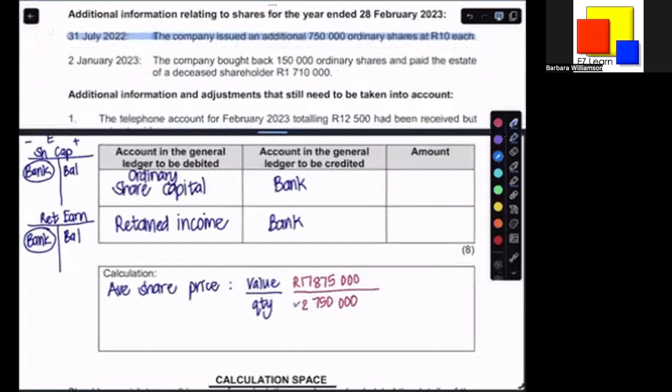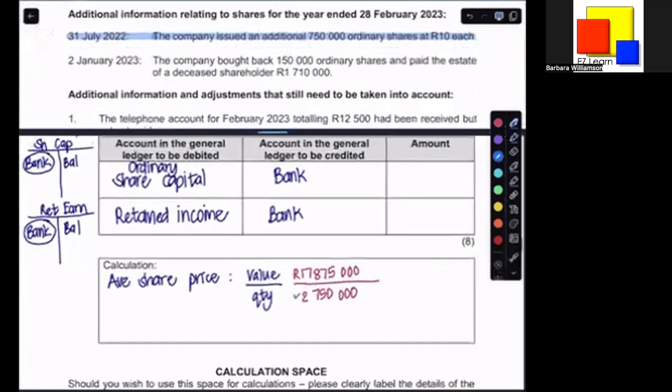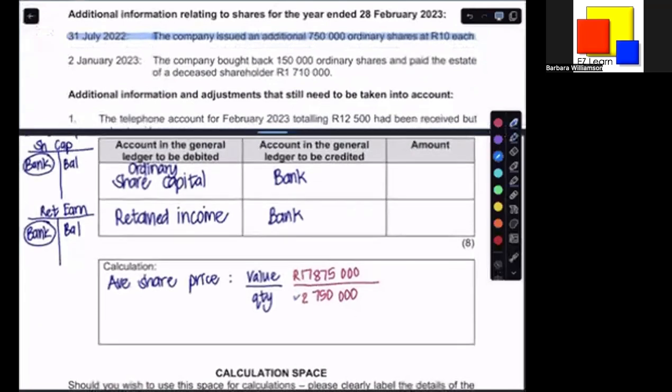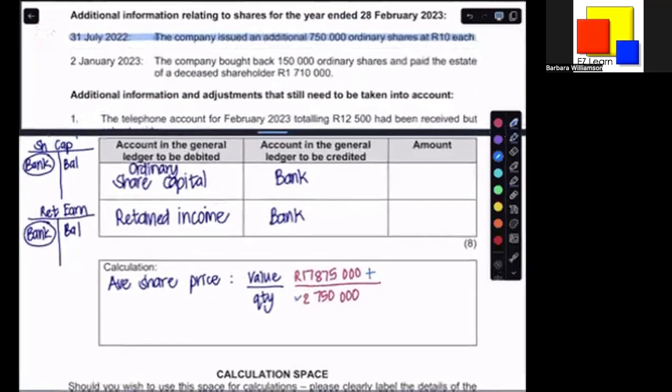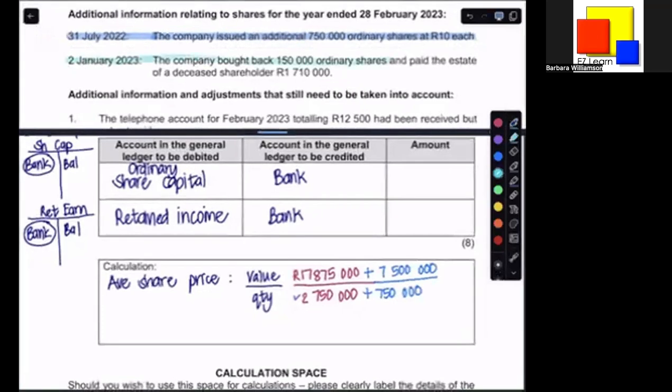If additional shares were issued at 10 Rand each, that is going to change the value of my average shares. So I will need to show that there are another 750,000 shares and another 7,500,000 on the top of my calculation over here. We're then told that the company bought back 150,000 ordinary shares and paid the estate of a deceased shareholder